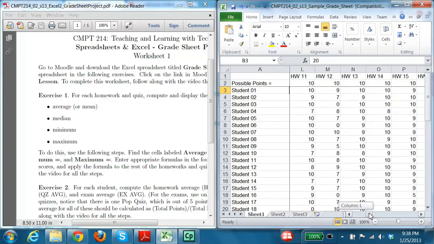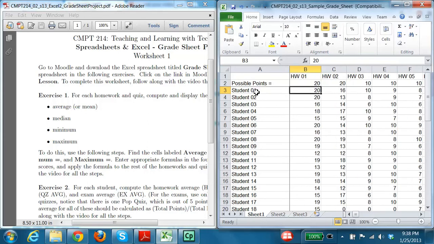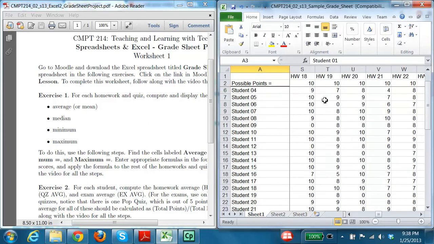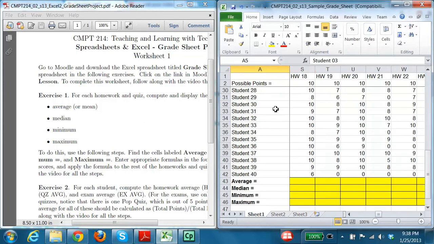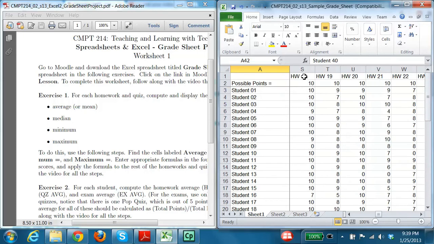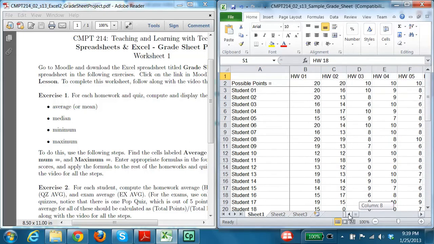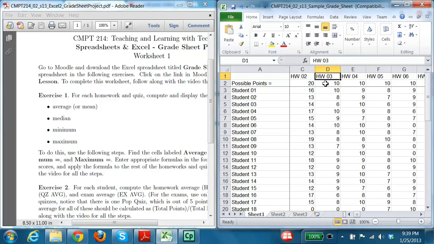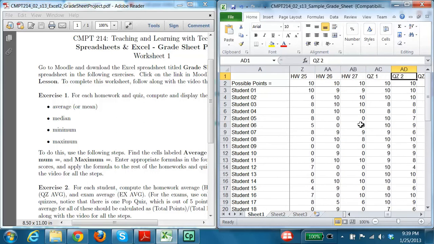It's a typical gradesheet you'd have at the very end of a course, with all your students on the left-hand side: student 01, student 02, 03, all the way down. I'm scrolling down to student 40. And then along the top, we have homeworks, homework 01, 02, 03, all the way down to homework 27, and